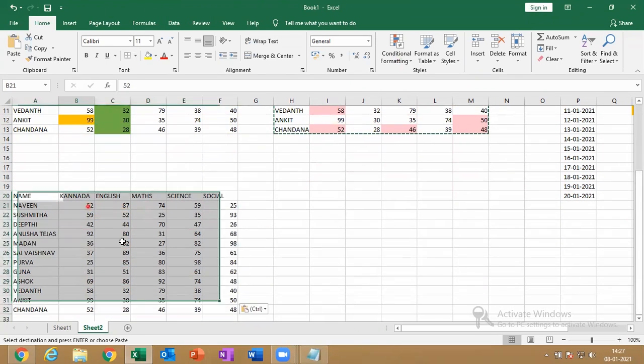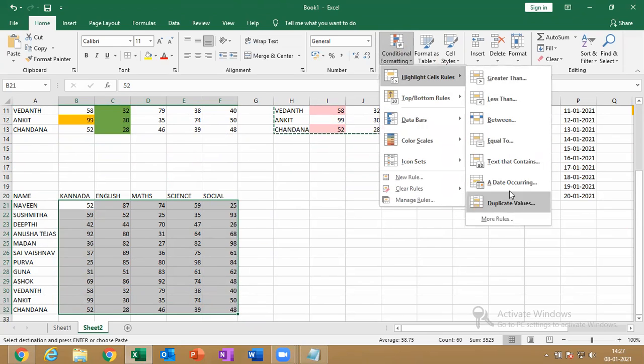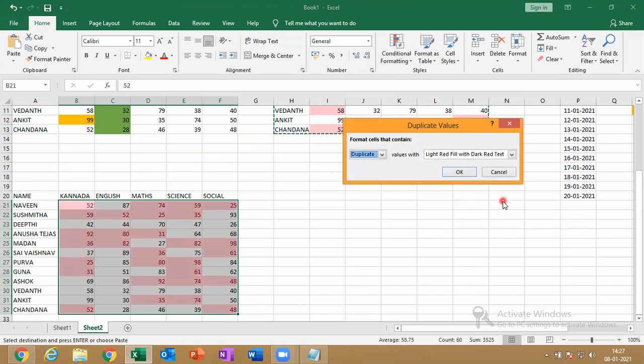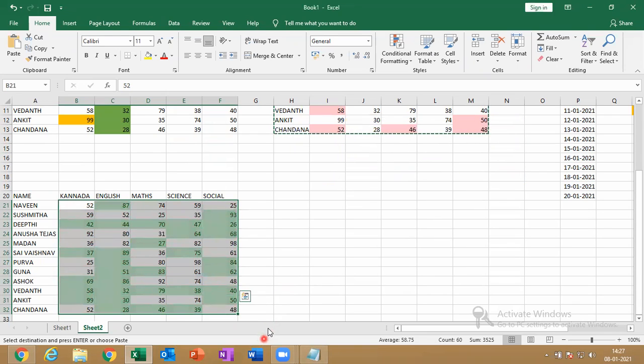Then select only this much, conditional formatting, highlight duplicate values. All values are duplicate. Okay, then click here, highlight the unique values. Okay, off. You can highlight unique or duplicate values here. That's it. Is that clear?